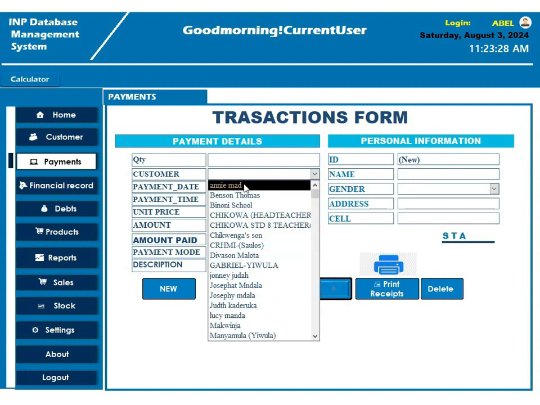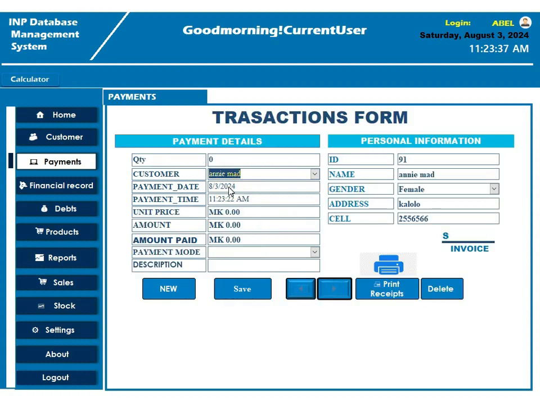So let's select the name which I've just registered. That's Animadi. So you describe the activity. That's lamination. So here you go for mode of payment. Is the customer going to give you cash or going to pay through mobile phone or through bank? So you select. Let's select cash,